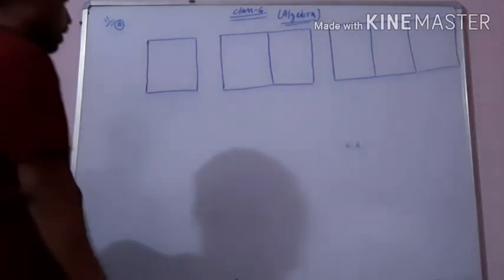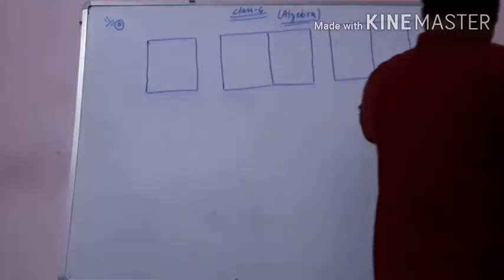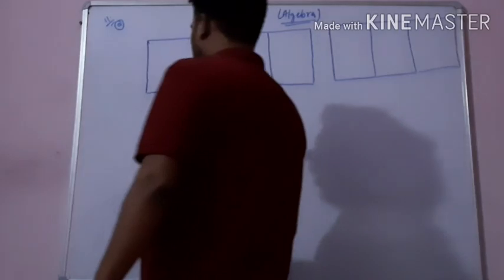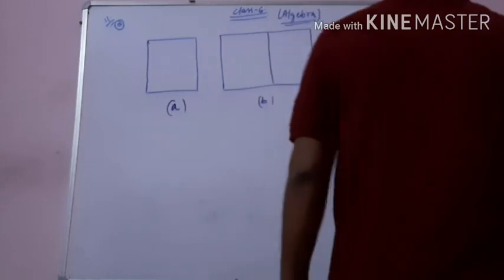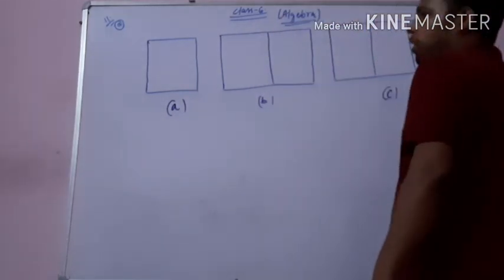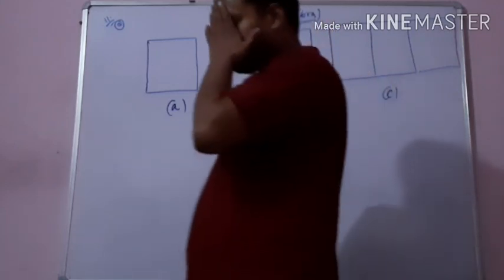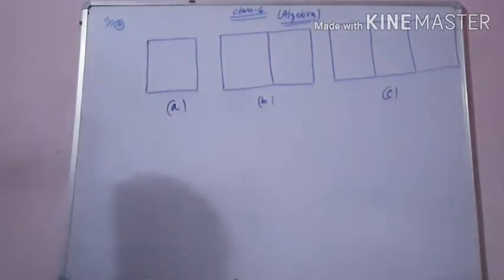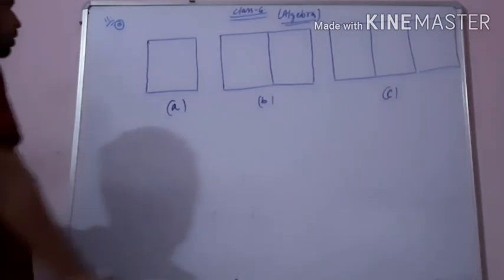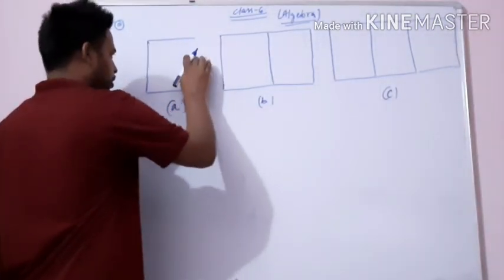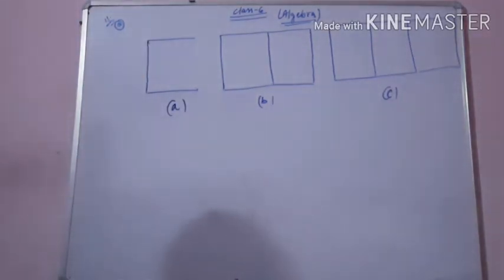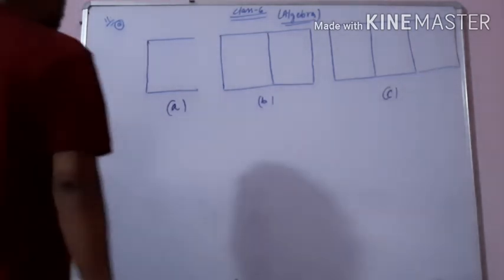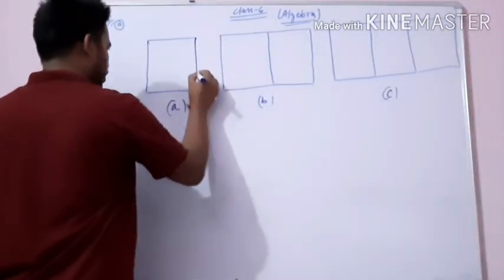There are 4 figures drawn, but I have drawn 3. From these 3 figures, we will derive the formula for making squares when they are not separated. Here, all squares are joined together. In the hint, it is given that when you remove this line, the square changes into C. But we will see that later. First we will make a square.